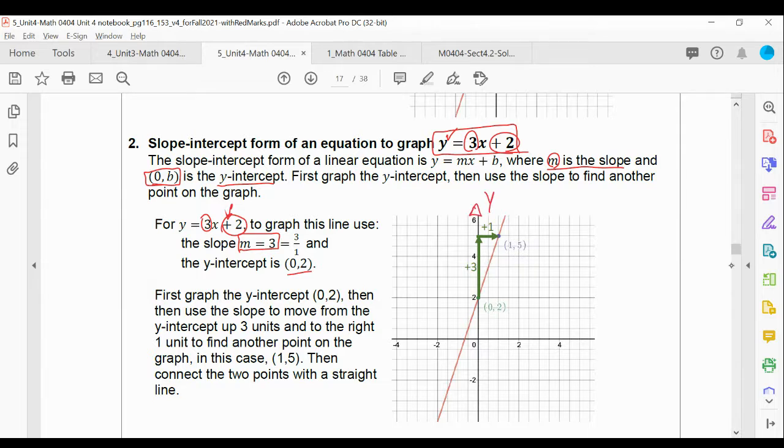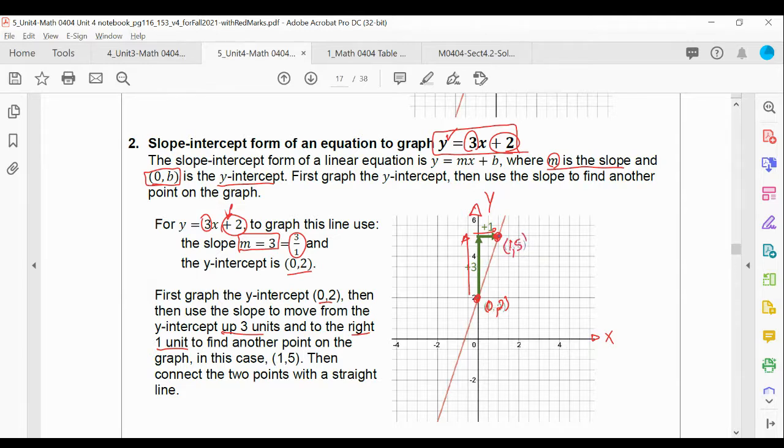So let's first start by labeling our x and y axis. Then we go to the point 0, comma 2, and that's graphed first. Then use the slope. The slope was positive 3 over 1, so we're going to move up 3 units, and we're going to move to the right 1 unit. So we're going to move up 3 units and to the right 1 unit,